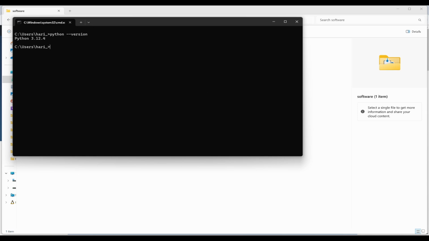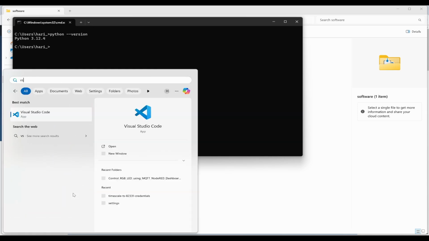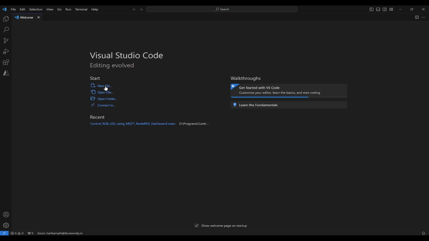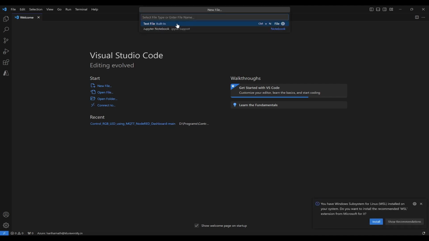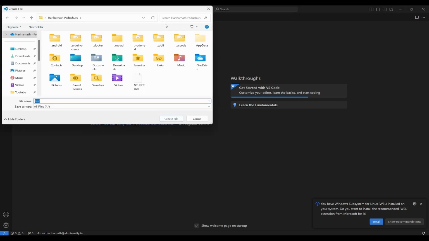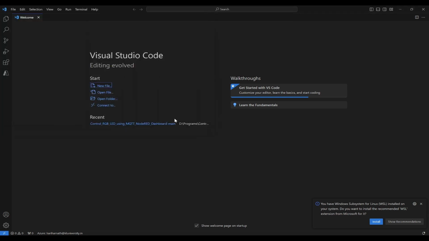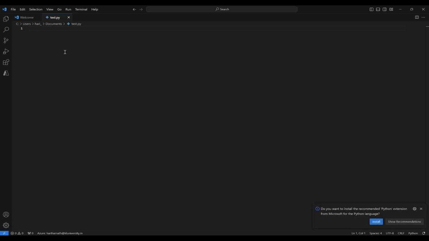Next, what I'll do is open Visual Studio Code, and here I'll click on new file. So here I can give it the name test.py. In the documents I'll try to create it, and test.py is ready. Now I'll type print hello world, and if you run,